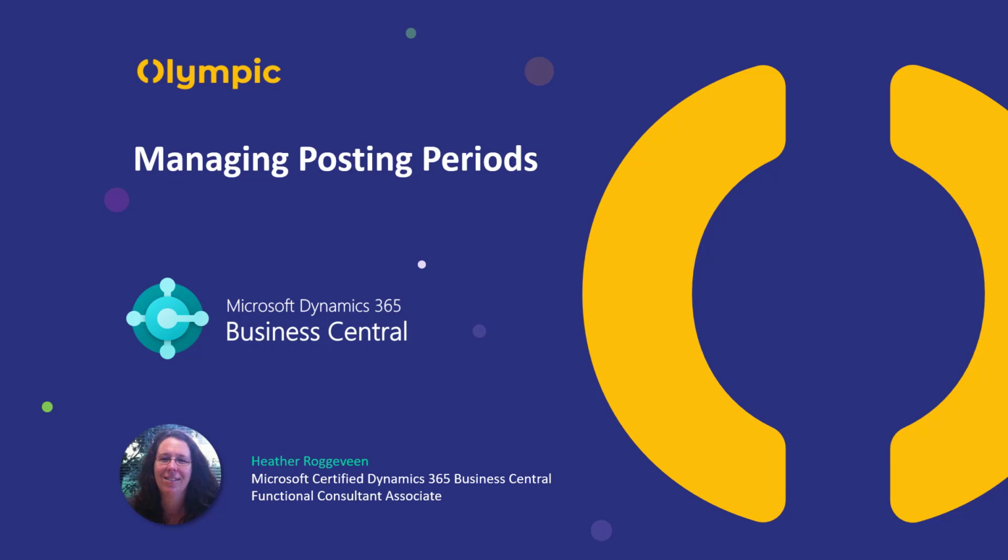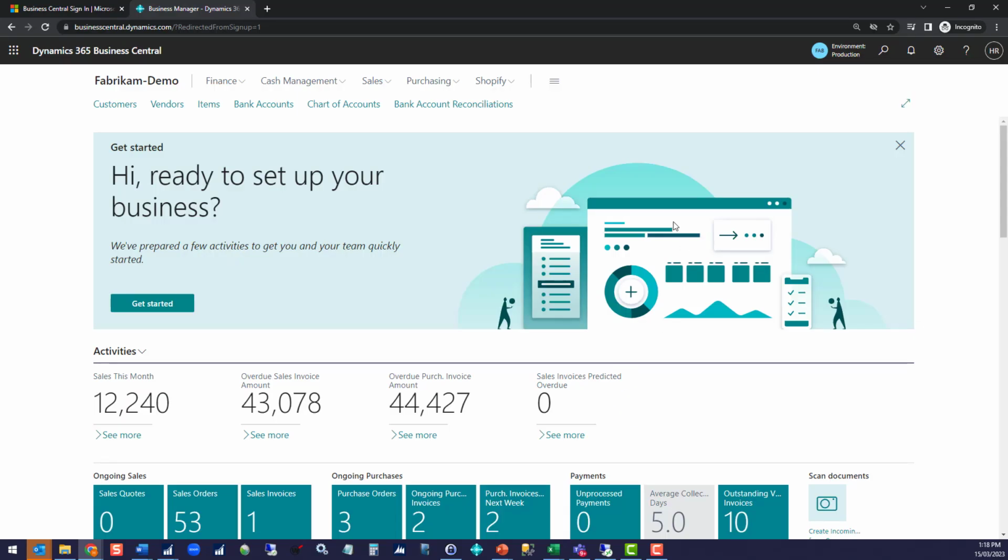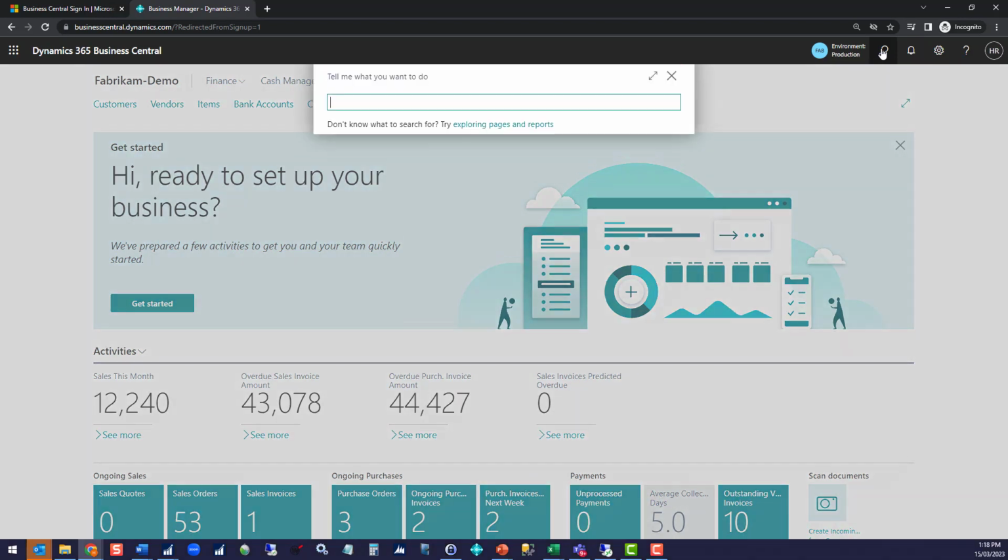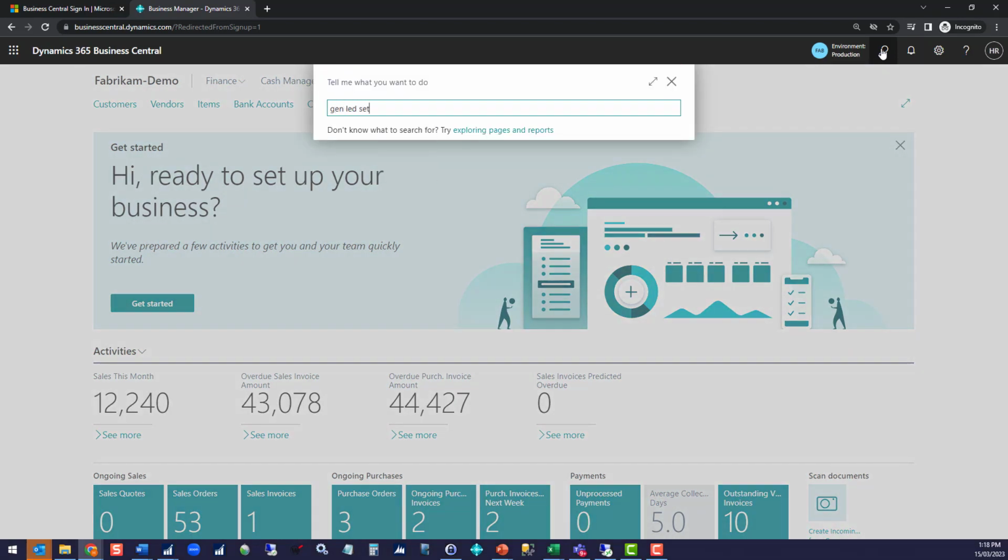Business Central, it's managed a little bit differently to potentially other systems you've seen before. So let's go and take a look. There's two main areas that we're going to have a look at. So if we first go to the General Ledger Setup,